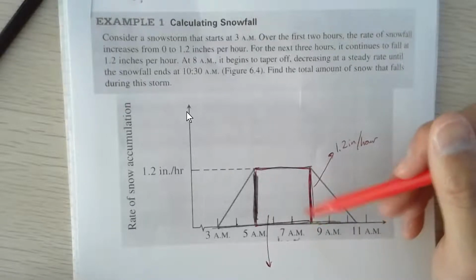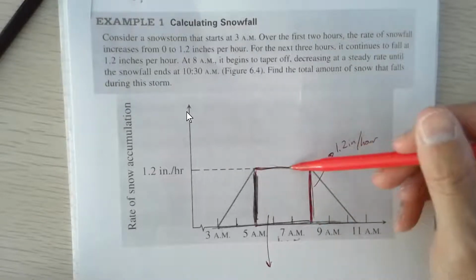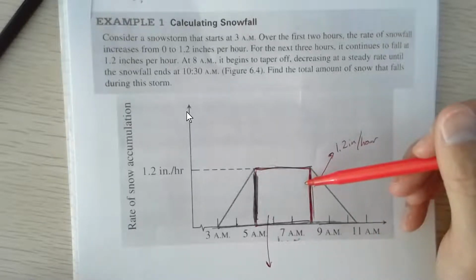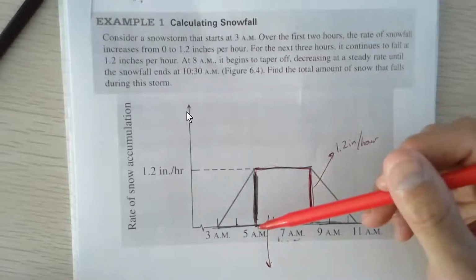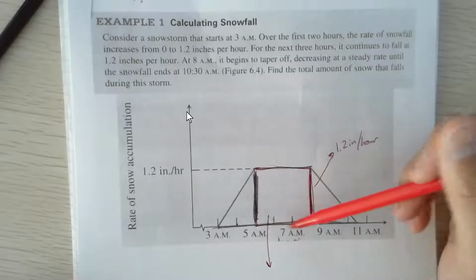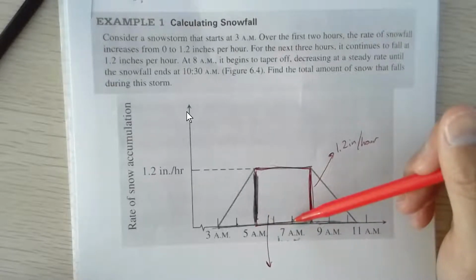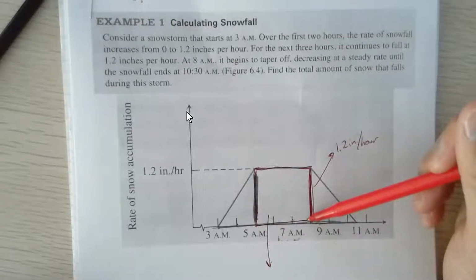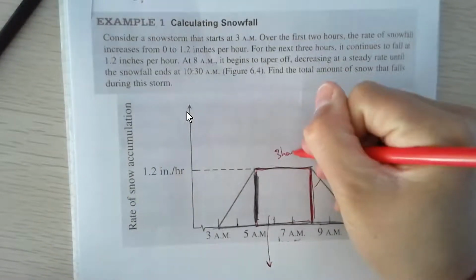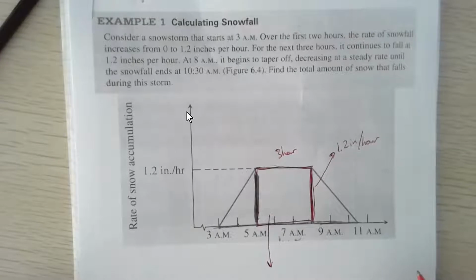What did you guys get for a dimension here for the width of this rectangle? 3. How did you get 3? Go ahead. 5 a.m. to 6 a.m. is 1 hour. Yeah, that's about an hour. 7 a.m. is another hour. And then 7 a.m. to 8 a.m. is another hour. 3 hours. So if I did the math there, I tried finding the area under the curve, and it's asking